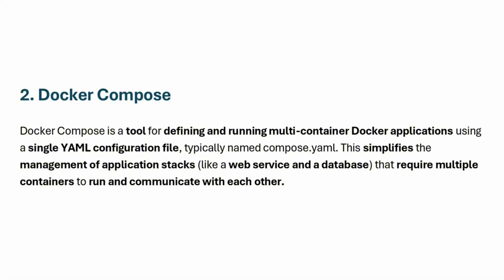In Docker Compose, we create a YAML file, that is compose.yaml, that simplifies the container process into running a single compose file, which means you don't need to run each container. You only need to create a YAML file, specify the information in it, and then run the compose.yaml. So after running that compose.yaml, both your containers would communicate with each other and run at the same time, and your application would be running.